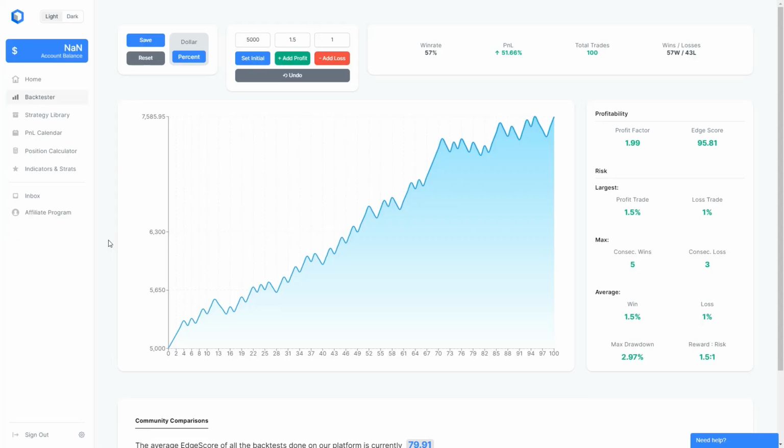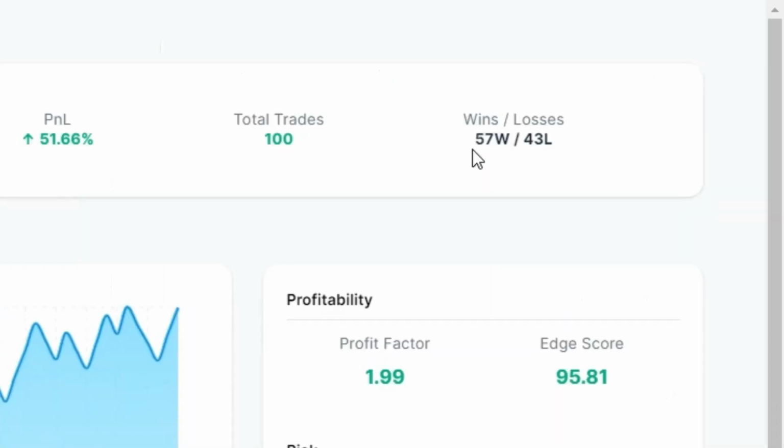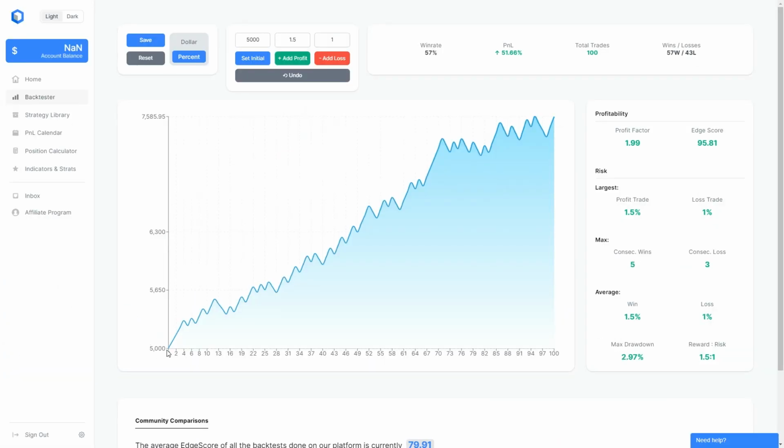So this is the full result from 100 trades. We had a win rate of 57% with a profit gain of 51%. We had 57 wins and 43 losses, and we took a $5,000 account all the way to